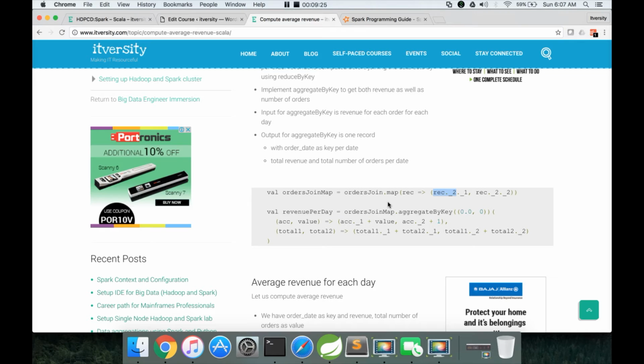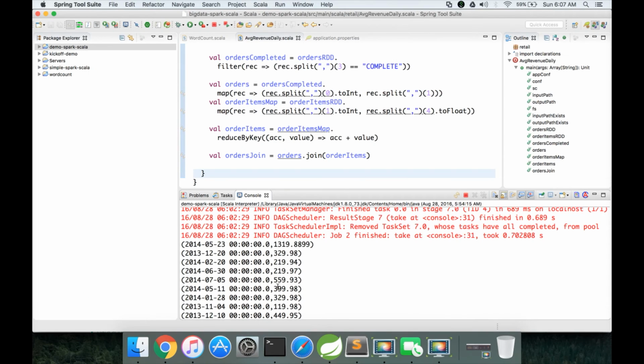The first scenario is the input value type and output value type. Our input value type is nothing but float, which is just a revenue. But for the output value, we want two things: the total revenue and also the total number of orders for each day. So we want a tuple. Instead of just having float, which is the input value type, we want a tuple of float and integer.